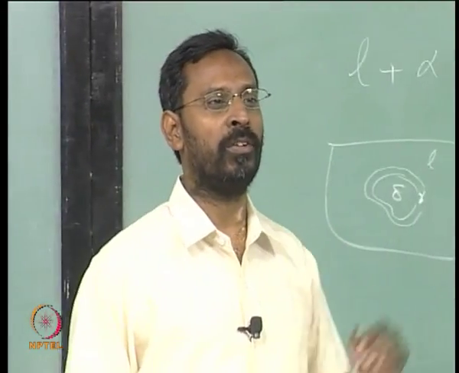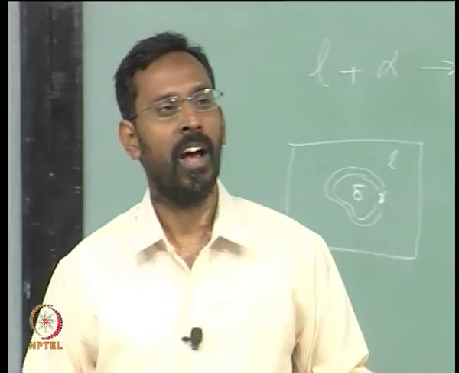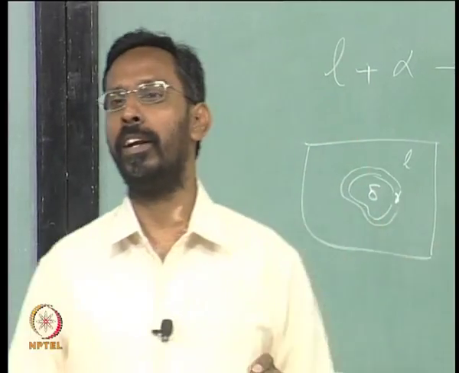Copper zinc, copper tin, there are a lot of peritectics. In fact, the copper zinc system has only peritectics if you look at it. It has nothing else in the liquid to solid phase transformation. Of course, in the solid state you may have something else, but in the liquid to solid you have a variety of them. So, the various intermetallics that you see, beta phase, gamma phase, epsilon phase, all these phases come out of the peritectic reaction, and because of that many of these reactions are very, very slow.